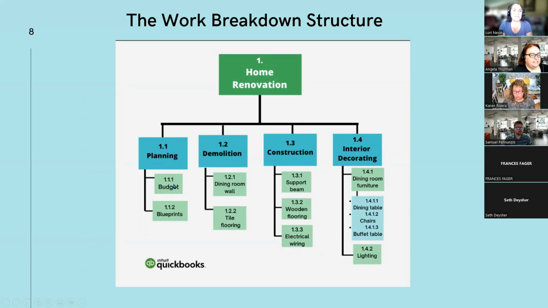numerals in the numbering system. So you've got the budget and the blueprints under planning. Under demolition, you've got the dining room wall and the tile flooring. And again, these have 3 digits in the nomenclature. And then the same thing under construction and the same thing under decorating. But see,